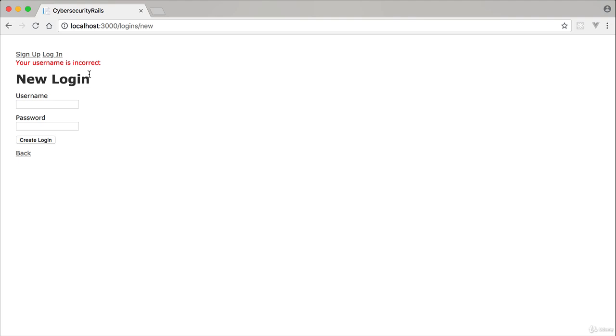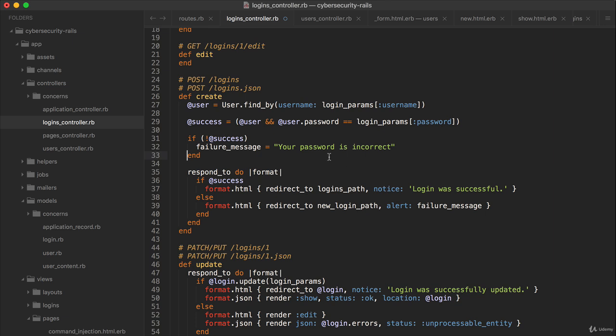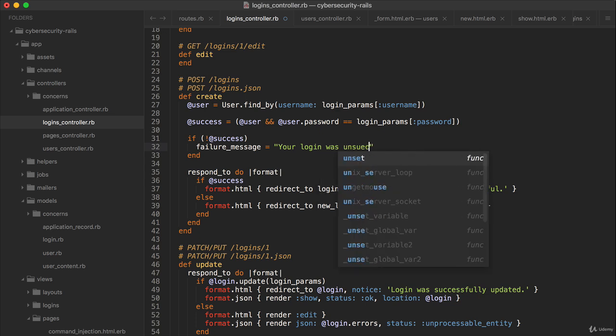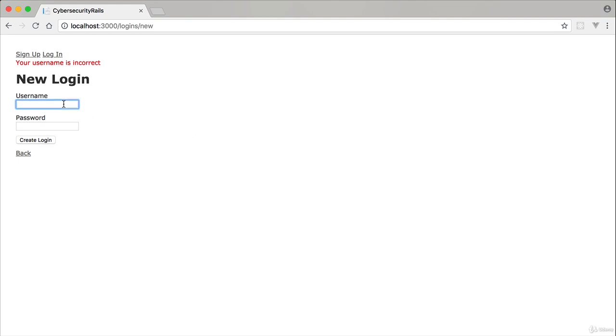Because if we just say that the login itself was incorrect, so if we just say if not success, the message here. So if we just say your login was unsuccessful, then what's going to happen is that when somebody tries